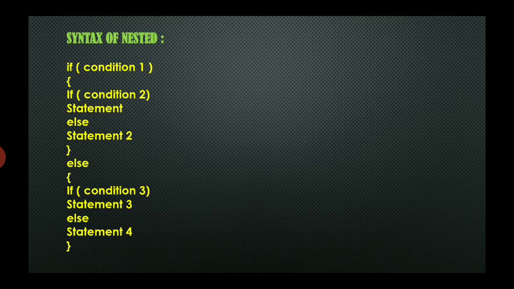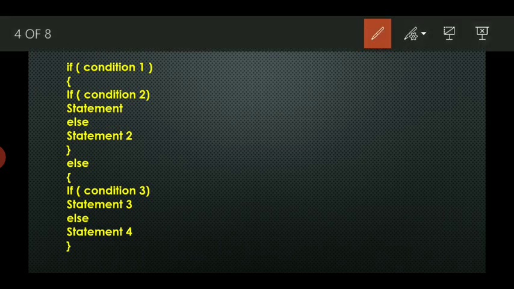Now I'll try to explain the meaning of these lines. If condition 1 is satisfied, then we will enter the first brace and go to condition 2. If condition 2 is satisfied, then it will display statement 1, else it will display statement 2.